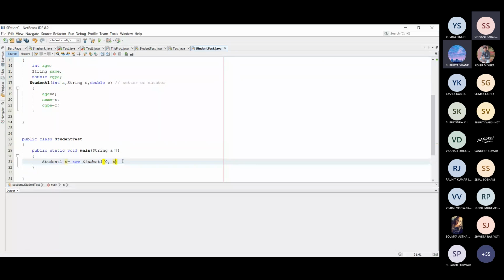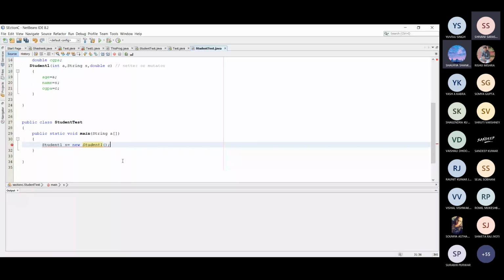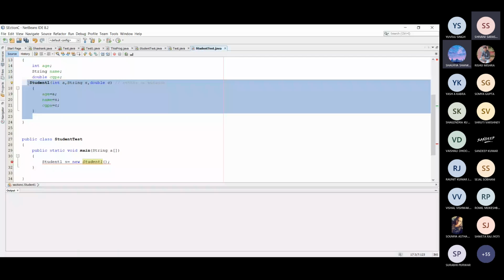Okay. So here if I write this, you can see that an error is generated. Why is the error generated? Because if I remove this highlighted line, then in that case there must be no error.